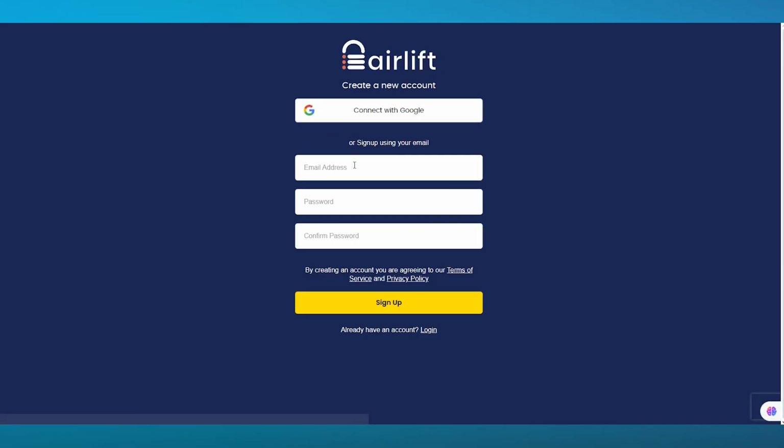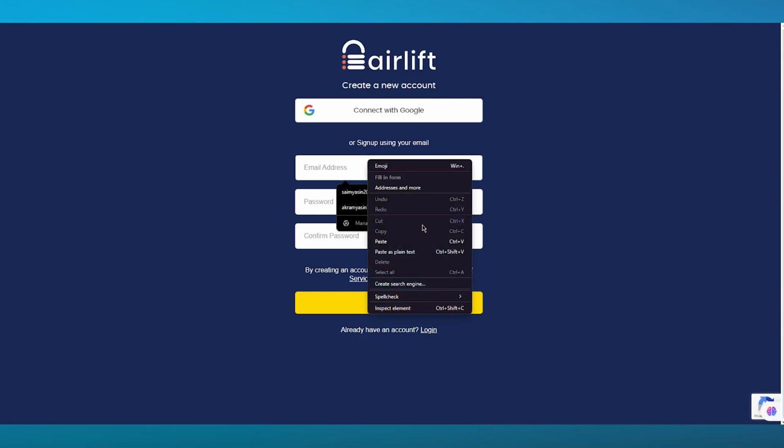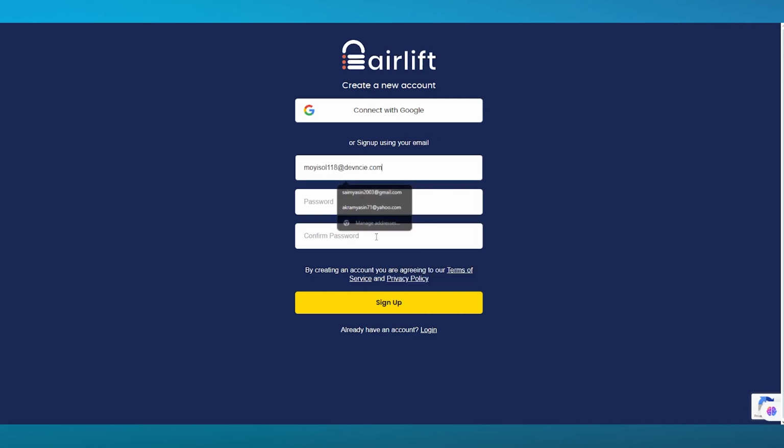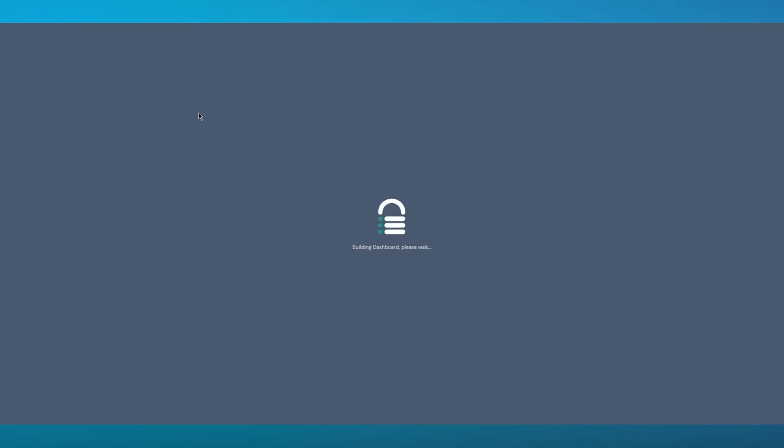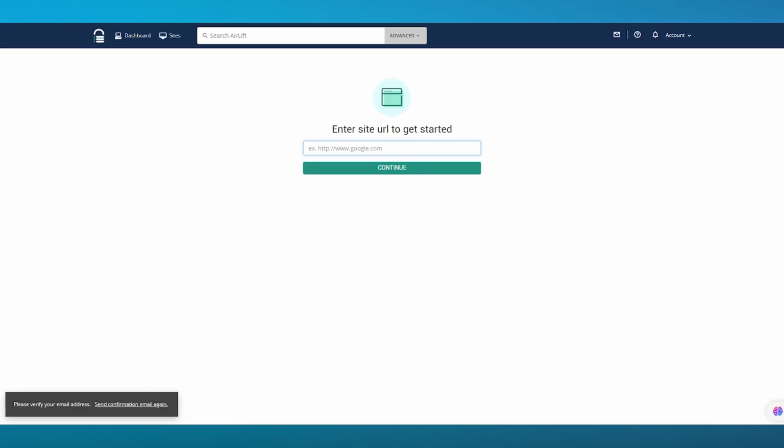So once we go on Get Started Now, you can start off with anything, your Gmail, Yahoo, whatever you use. I'm going to go with my basic email. Okay, I'm going to go ahead and add a password for myself. And we're simply going to go ahead and confirm that password. Now, I would recommend using the same email that you use for your WordPress because that just means better connection and optimization, but it's not absolutely necessary.